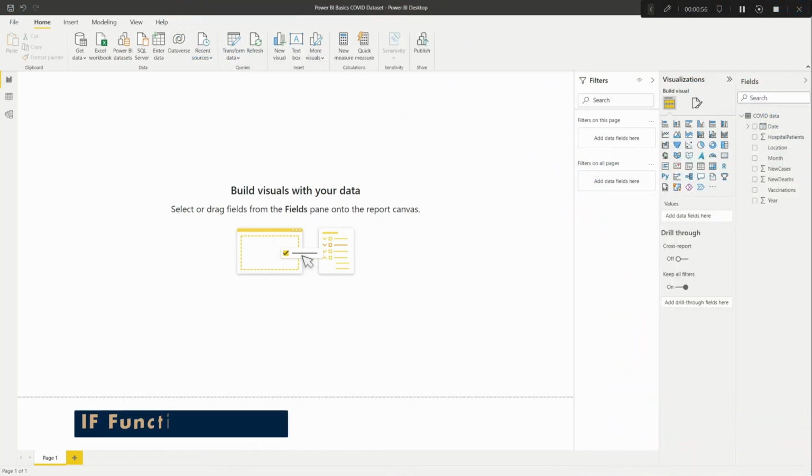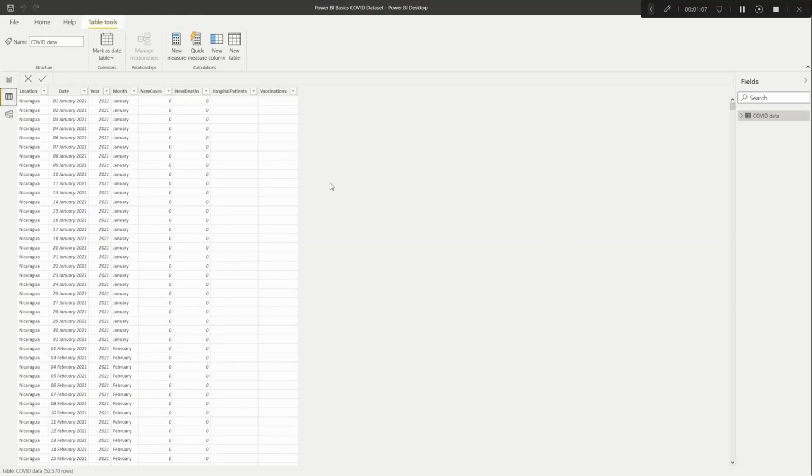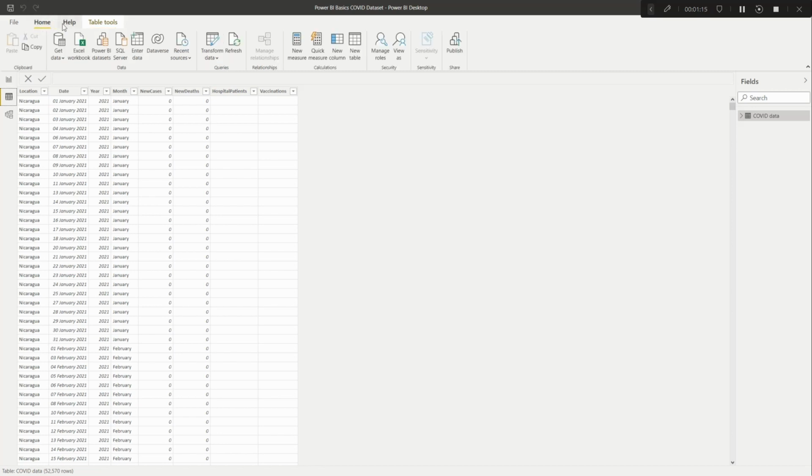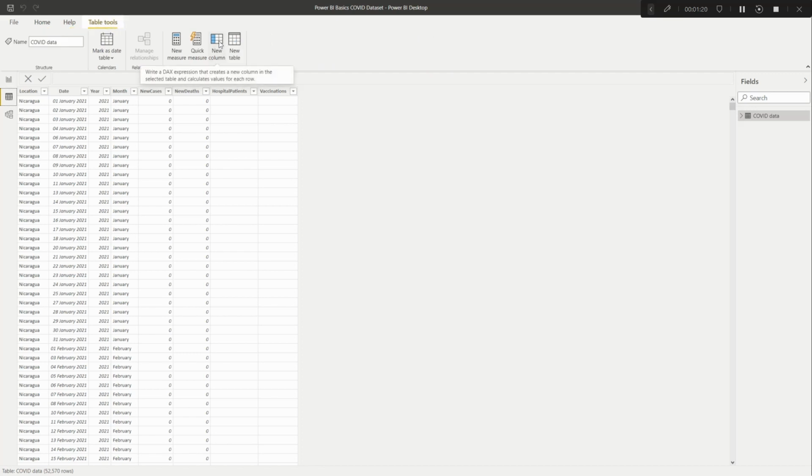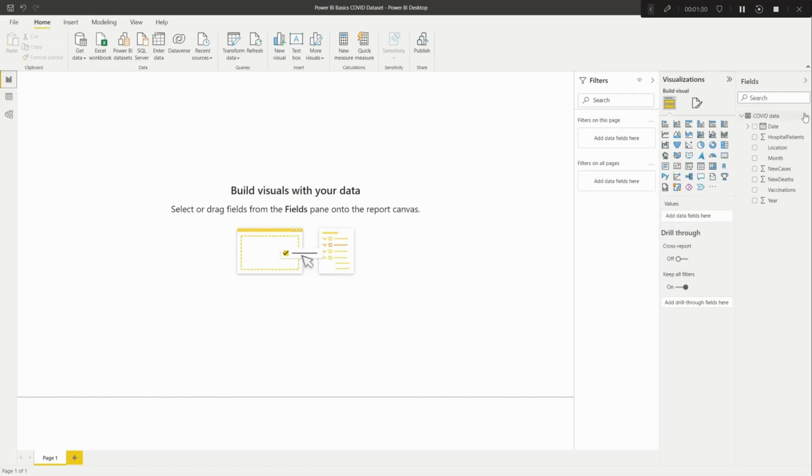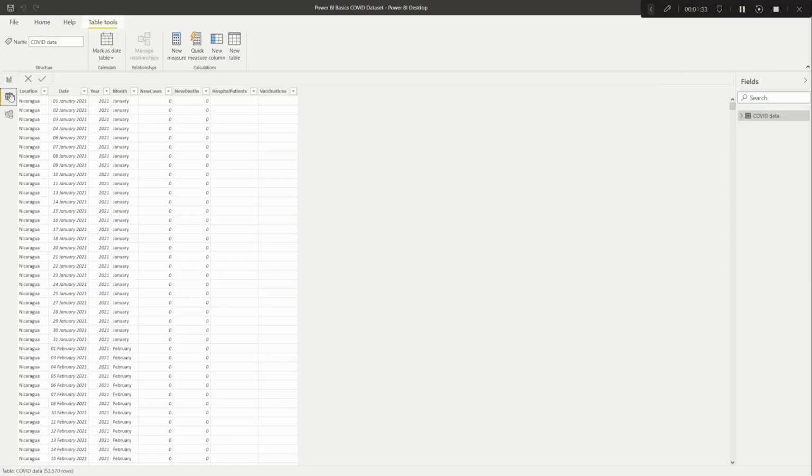So I'm going to have some fun with some DAX and some M code in the Power Query editor to show you how to do an if function. Starting with creating a DAX calculation, a calculated column. There are different ways you can add a calculated column. You can go into here and go new column, or you can click on the little dots here and go new column. Normally, if I'm working off the main page, I would just add them there, but because it's a bit easier to see visually here, let's just go with new